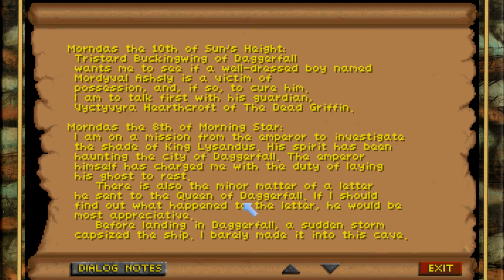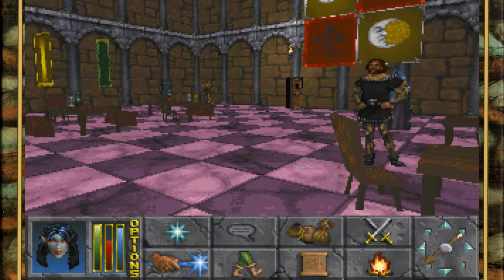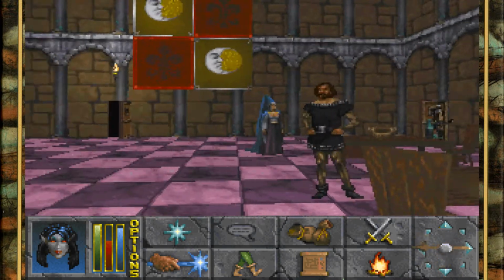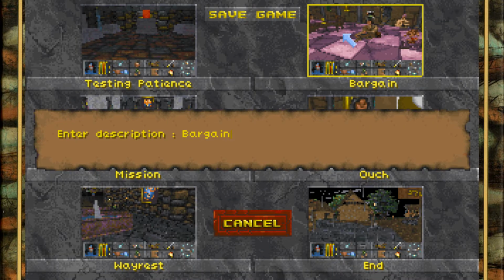What? Oh, because that's the quest I took, and I decided not to go ahead and look into it. Let's see. Sentinel has asked me to investigate the death of his brother Merton, who was supposedly kidnapped by the Underking years ago. So I need to now ask about Merton and the Underking, which leads me to believe that I'm going to end up in some place where there's